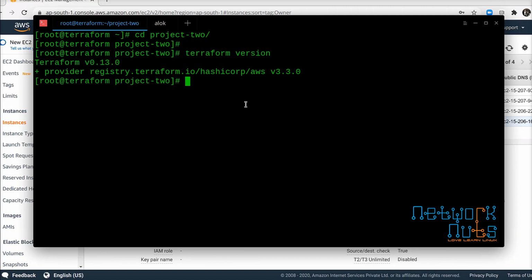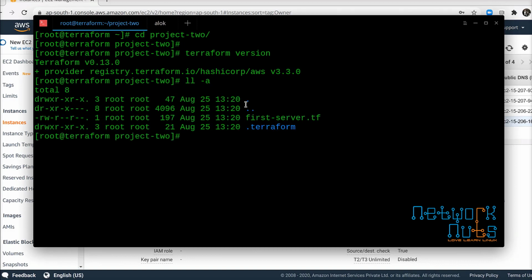So instead of downloading it, I can simply copy the .terraform folder into a new one. I can do that. Say I create another one, mkdir project 3, right?